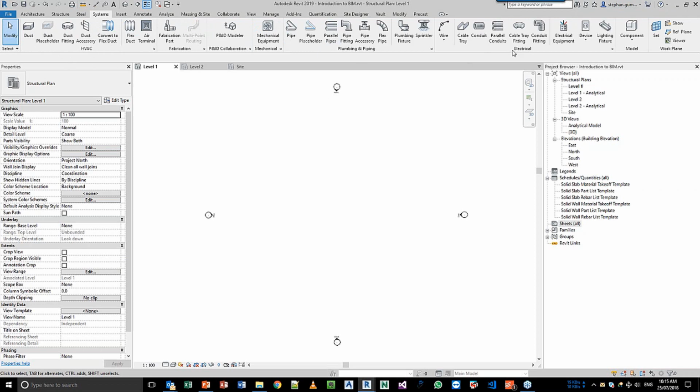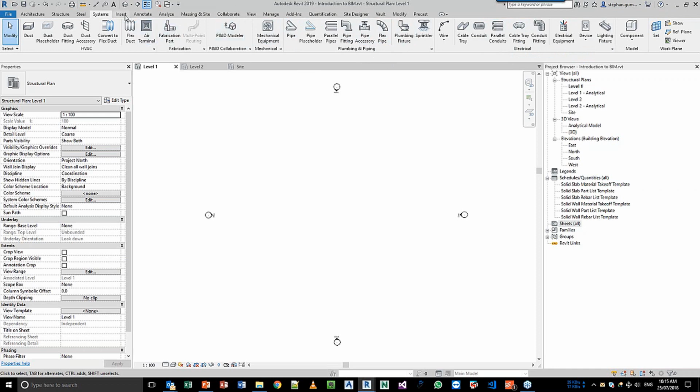I mean, there's a whole bunch of disciplines here that exist inside of Revit, and you may or may not use all these features, but the fact that it's a multidiscipline environment is key or important to using BIM through the design phase. And look, there's a whole range of other tools here, from site stuff to quantification, collaboration, and